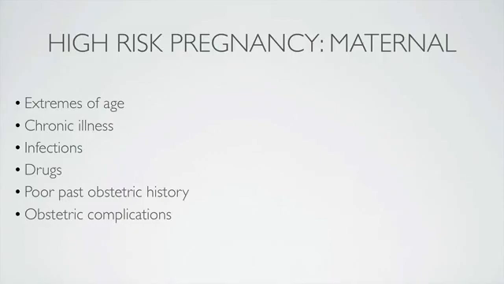So maternal causes of high-risk pregnancy would be extremes of age, so teenage pregnancies or older mothers are classified as high-risk pregnancy. And you may be surprised to know that an older mother is classified as 35 years and above. Chronic illness is a high-risk pregnancy, so for example, kidney disease or liver disease in the mother. Any infection during pregnancy puts the mother at high risk, so urinary tract infection, rubella, hepatitis, HIV, all make a